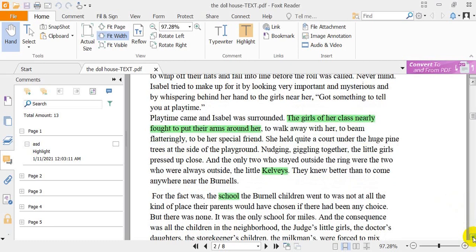Of course, all the students in the school do this except little Kilvis, the two daughters of a poor family. So all the rich pupils surround her, claiming they are close, lovely friends, but not those two girls,